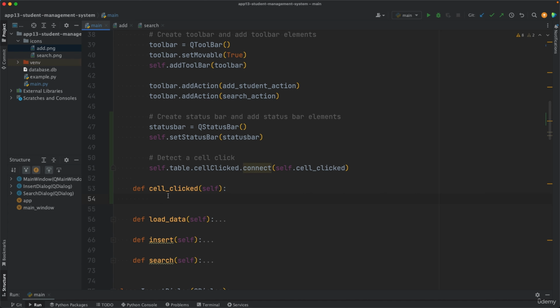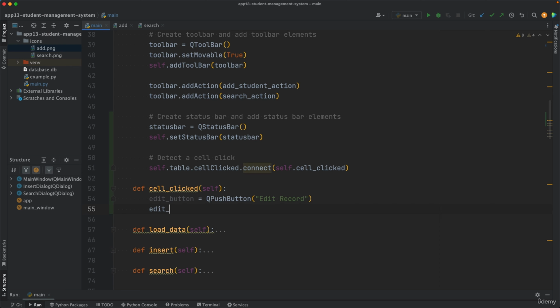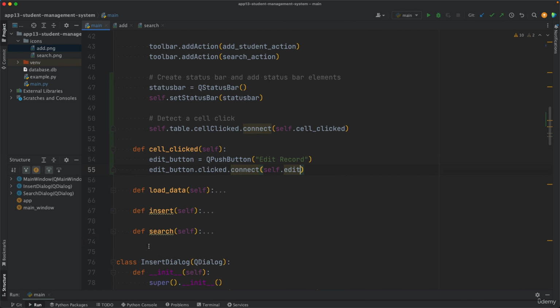So when the cell is clicked, we want to generate an edit button, which is equal to QPushButton, and give it a name such as edit record. It makes sense. And when the edit button is clicked, we connect it to self.edit, which is going to be yet another method. So let's add that method below the search method, right? Make a break line, define edit self,